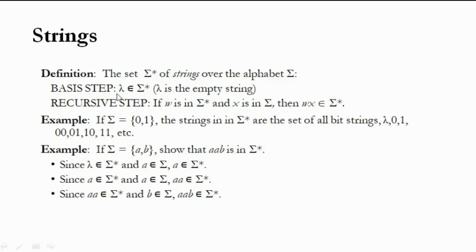And in the literature, sometimes instead of lambda, you may also see the epsilon symbol for the empty string. But to have a difference, in the textbook they have used lambda, and the belongs-to symbol was used only for belongs to, and sigma star. In some textbooks you will find the empty string as lambda, and in some textbooks you will find it as epsilon. Okay, so this is what the thing is.